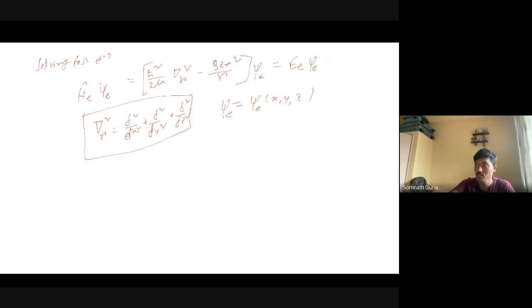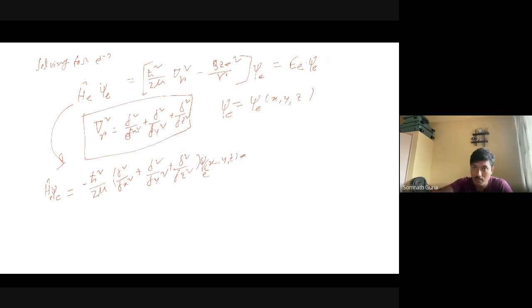From these we can generate the equation: H psi equals E psi, equals minus h cross squared by 2 mu into (del 2 by del x square plus del 2 by del y square plus del 2 by del z square) operating on psi of x, y, z, minus